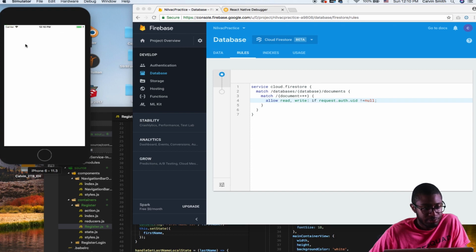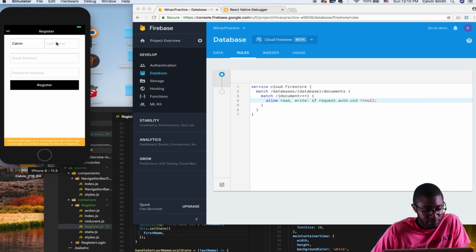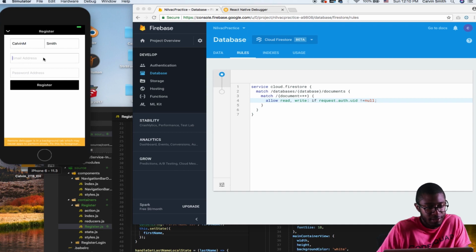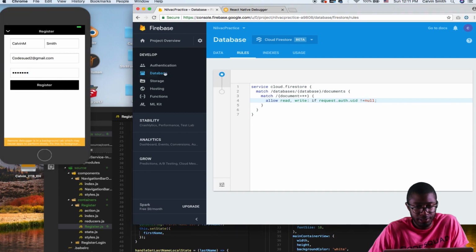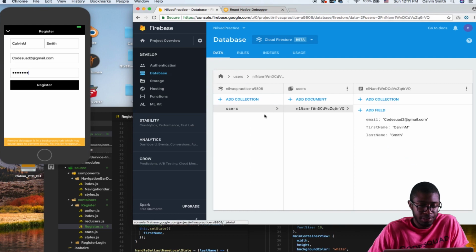So I'm gonna just command run it just to restart it. Calvin Smith. I'm gonna give myself just a different name to actually be able to see it. If we give ourselves the same name, it'll be hard to distinguish between which one is which. Code Squad 2@gmail.com. Password AAAAAAA. Register. Let's go to our database data. But then we get it. Alright, so